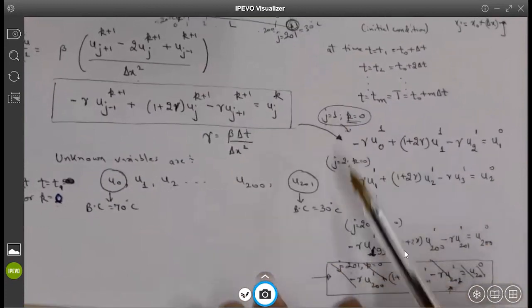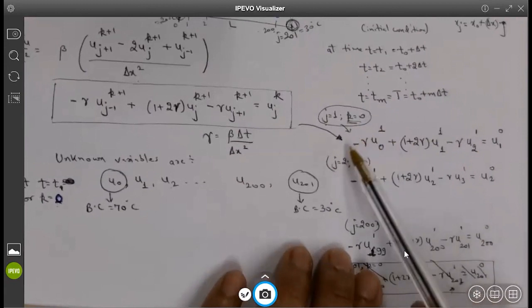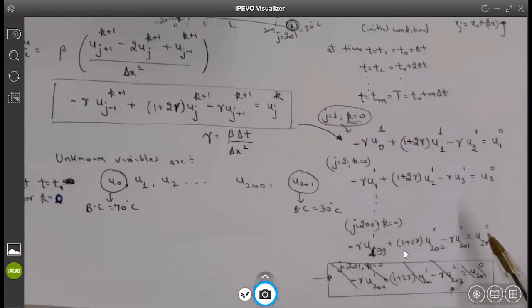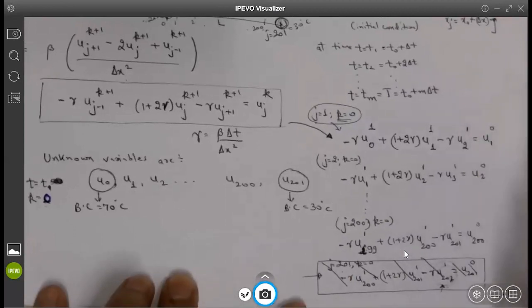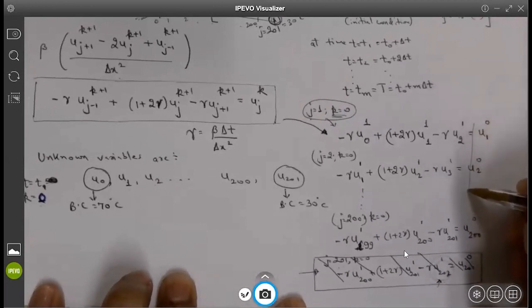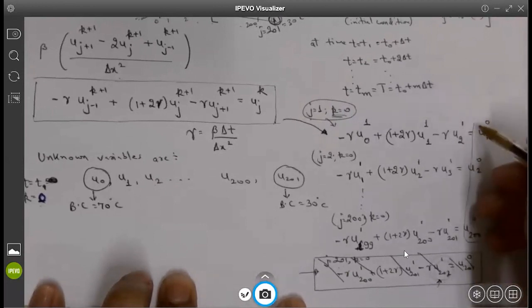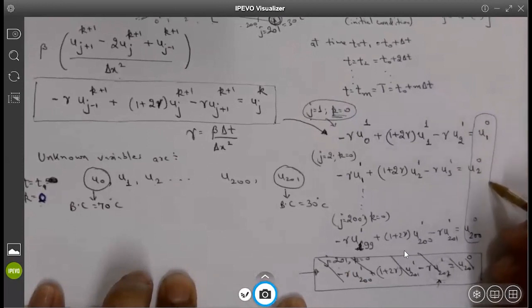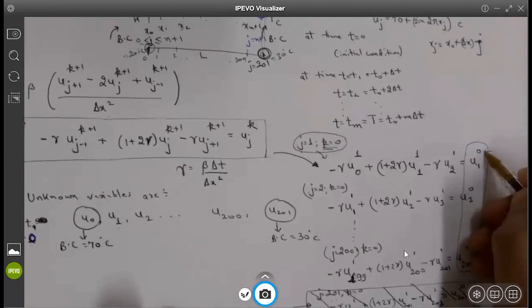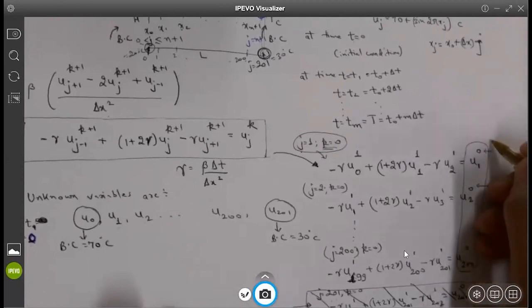So we start with this and we end up with this. Now, if you look at these equations, can you write them in matrix form and tell me what the form will look like? Can somebody write it in matrix form and let me know? Remember that all the right-hand side terms are already known to you. These are all known values. Why are they known? Because this is happening at time t equals 0, the initial conditions.